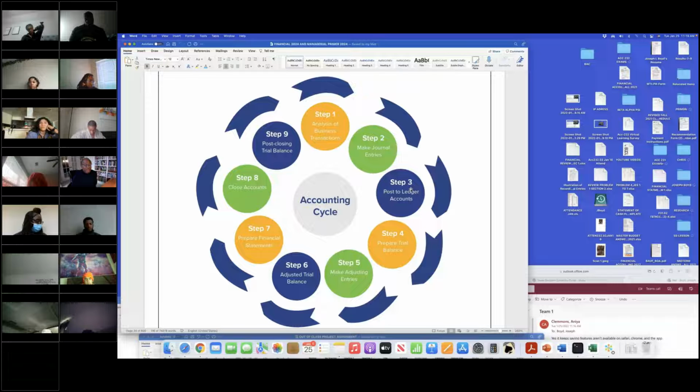and most times we don't do this step. We just go ahead and make the adjusting entries, get an adjusted trial balance, and then that financial statement falls automatically off of the trial balance. So once we have a trial balance, that financial statement falls out automatically. And so we've got a process for doing that,